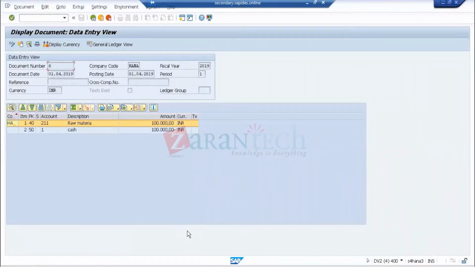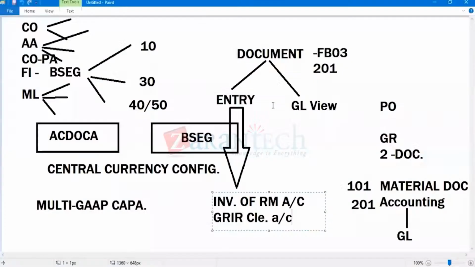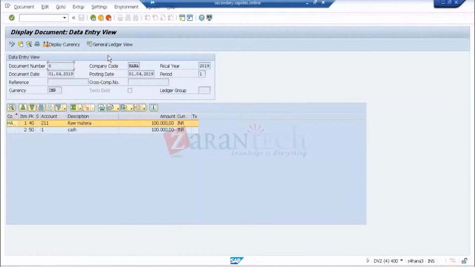So these entry view documents are going to be stored in which table? These entry view documents are stored in a table called BSEC. BSEC is the table which talks about the entry view. Now, if I want to see the general ledger view, I click on the GL view. I'm shifting the mode from the entry view to the GL view at the line item level. Both are at the line item level, not at the header level. Now, if I click on the general ledger view,